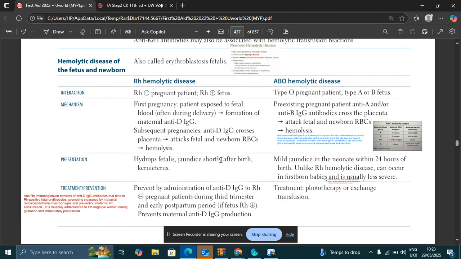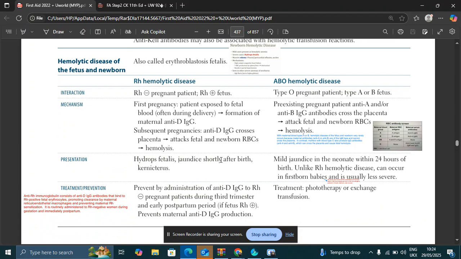When we administer anti-D IgG immunoglobulin, it crosses into the fetal circulation and binds to Rh positive fetal RBCs. So understand it like this: these anti-D immunoglobulins enter the fetal circulation and cover the Rh positive